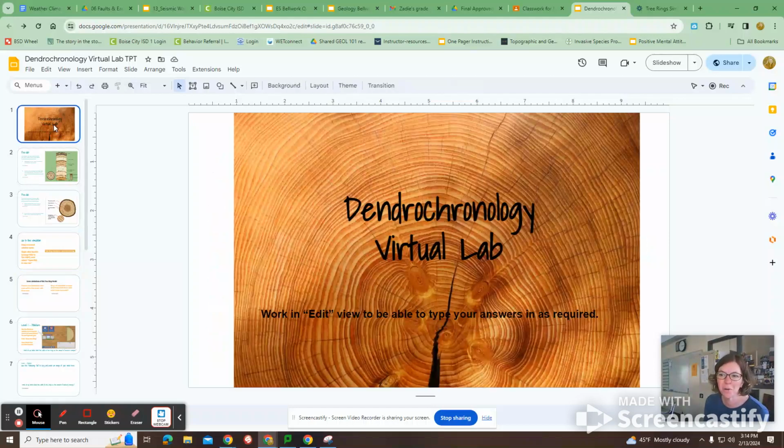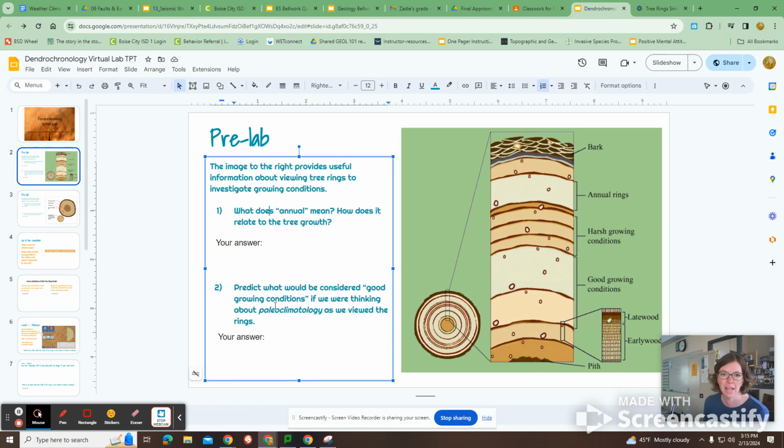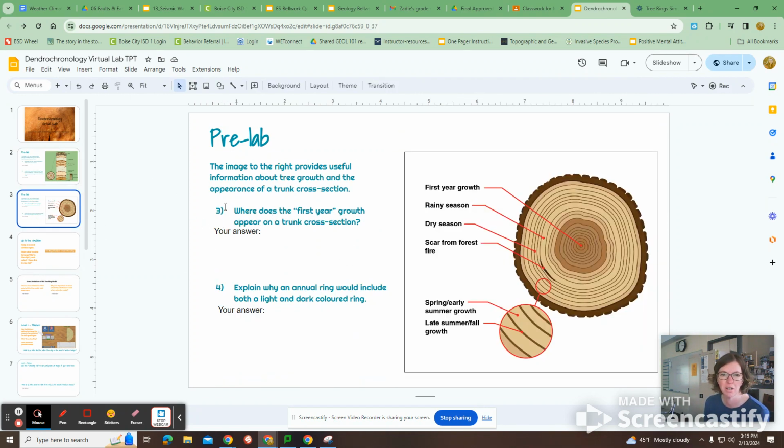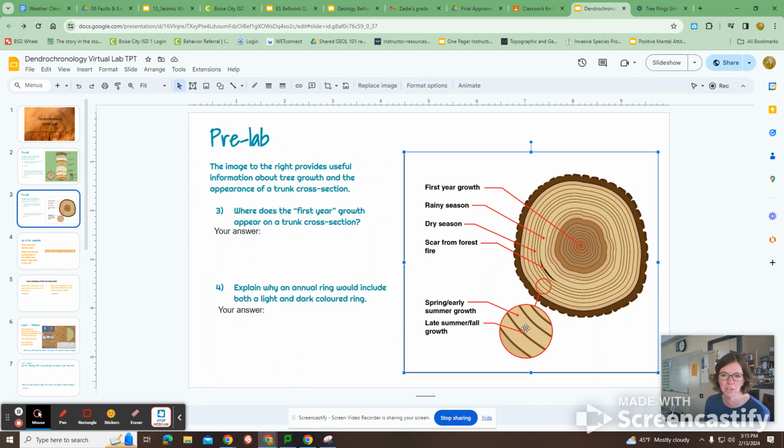Okay, I wanted to go over this lab to help you out. A lot of the answers are in the images. So there's the pre-lab, there's a couple of questions here. The second question here, why the rings would include both dark and light colored ring. So the answer is in